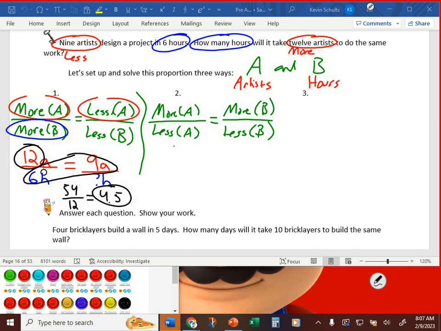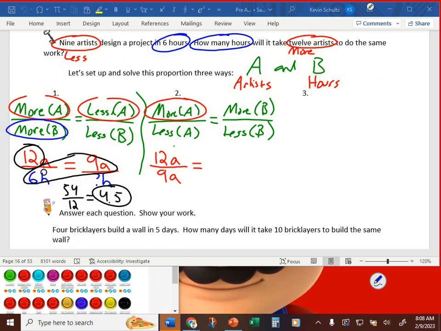And inverse proportions, they require more thought than direct proportions because you have to think about the more and the less. What are my 2 units? What's my A? What's my B? Where's the more? Where's the less? Okay, let's do it again with this second one here. Again, we start with more of A, which we said is the 12, right? A we said is our artist, more would be 12. So our numerator is still 12A, but this time we're putting the 9 artists right beneath it because we're still lining up our A's here, right? 12 artists over 9 artists, right? And that's equal to